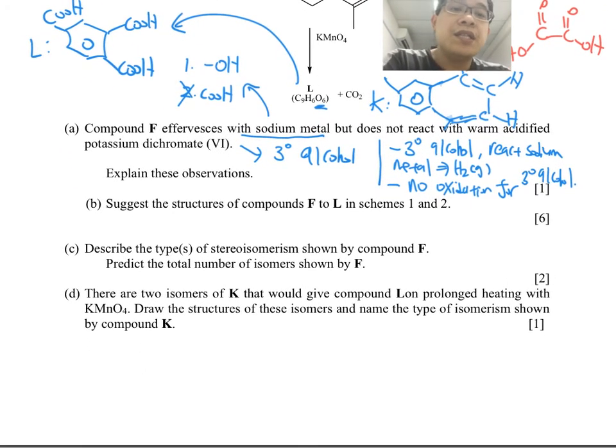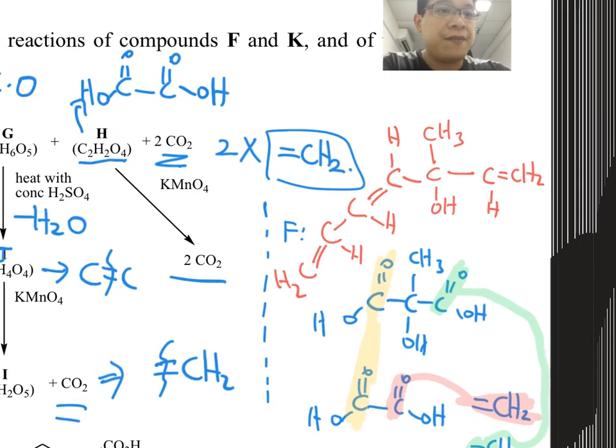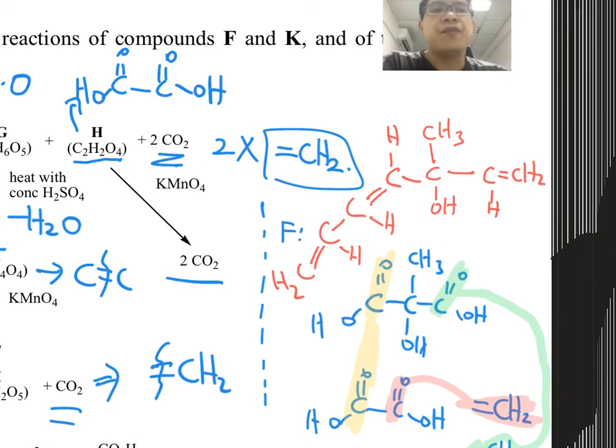Then part C here: state the type of isomerism that is exhibited in compound F. Let's take a look, what is compound F? Right, this is our compound F. So for compound F, first of all, we check together, there are two different types of stereoisomerism. There could be enantiomerism, which involves a chiral center. There could be cis-trans isomerism. So let's check which one actually exists.